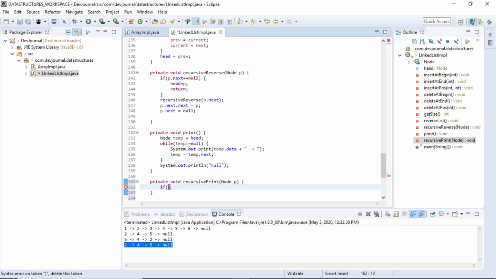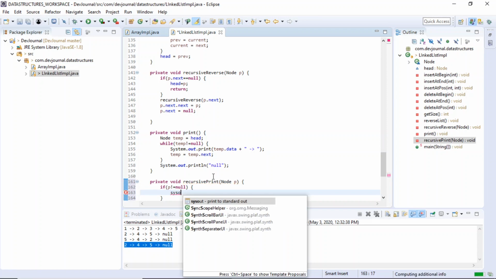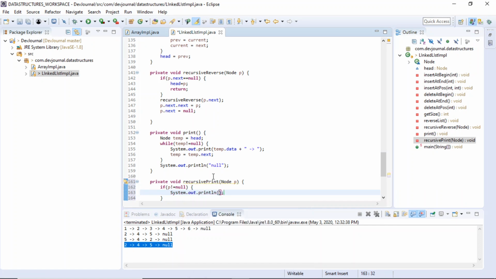So if p is not equal to null, what we will do, we will simply print p.data, with just a little formatting.